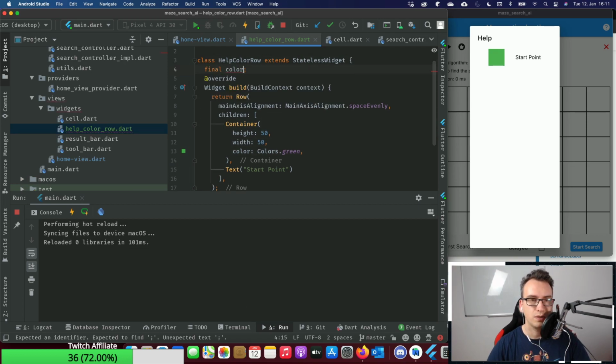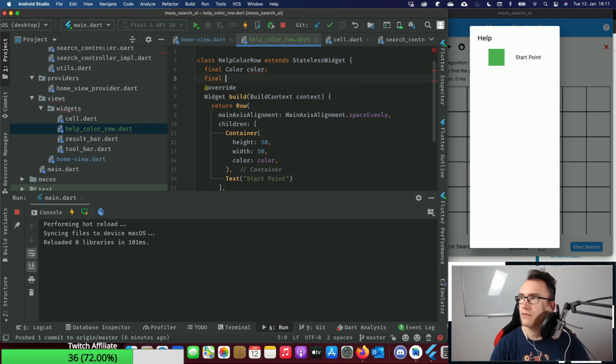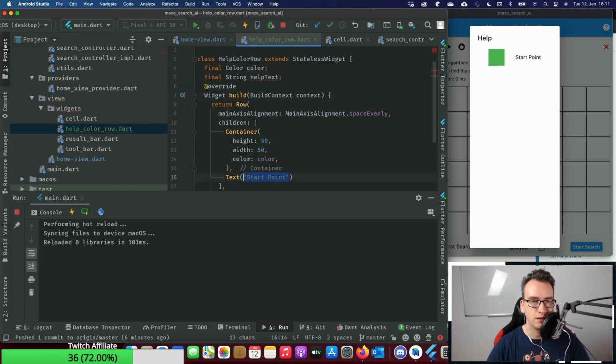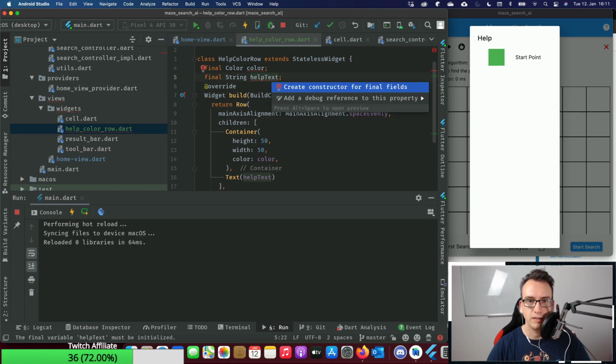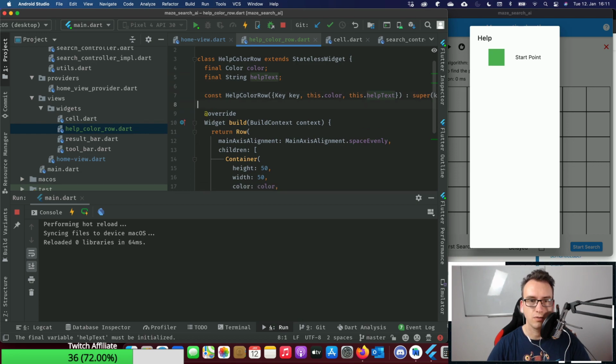Final color comes into play here. Yep, we create a second thing, and the second thing is the string text, help text. So, and this is that part, help text. So now you see already that this stuff is red, so we have to create a constructor for it.